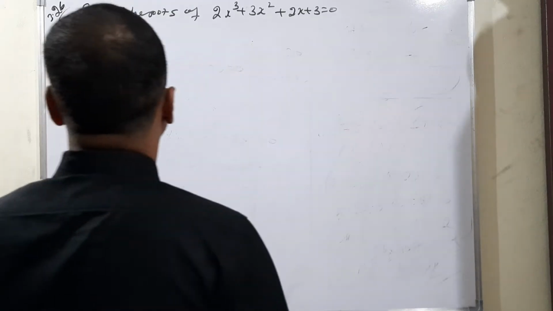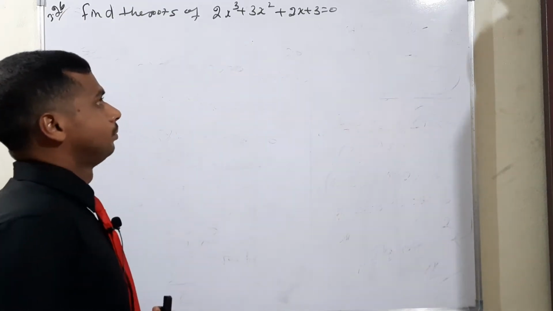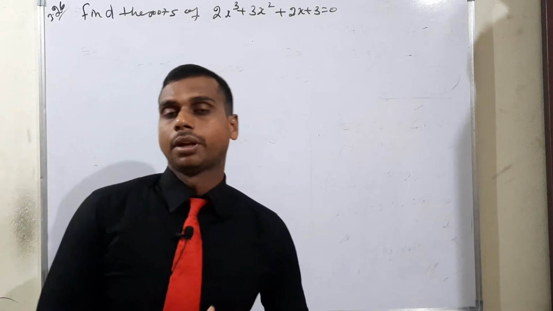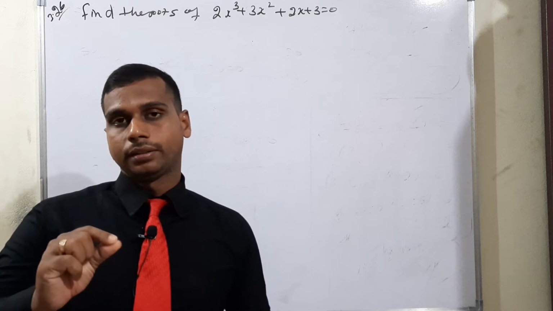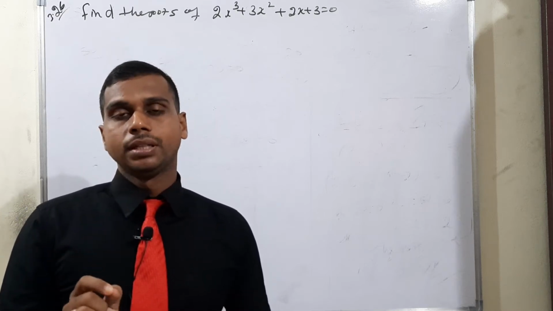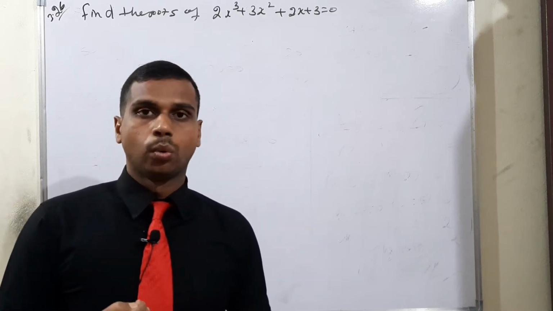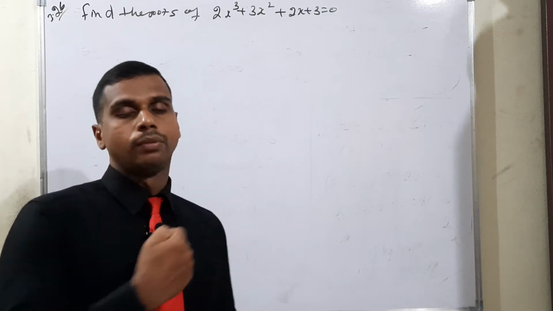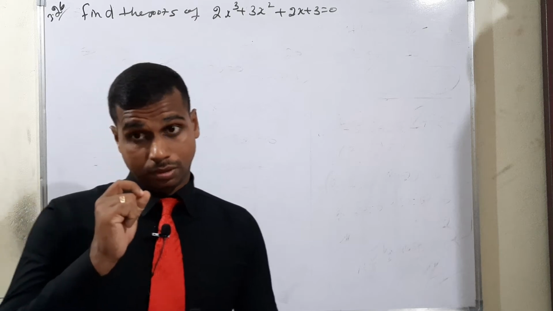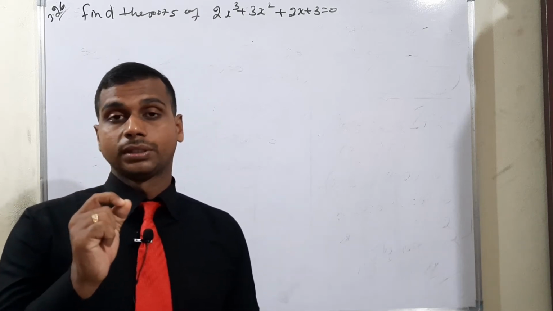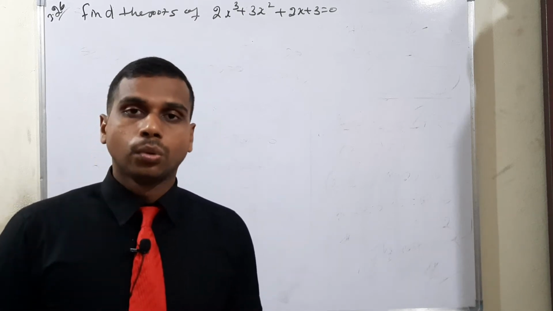Moving to example 3.26, find the roots of. This is the same concept as example 3.25, but in some questions in your question paper, if it says find or solve, simple lines, you can utilize method 1. Like the previous question, here also I will do method 1 and method 2, because some critical lines are also possible. Why?